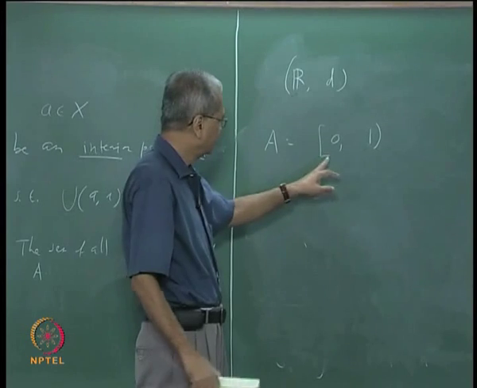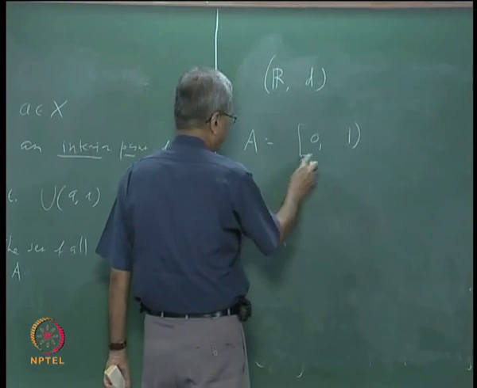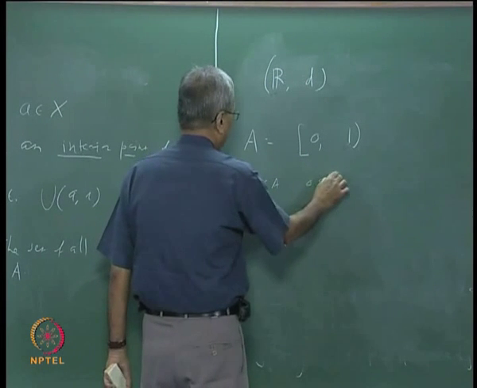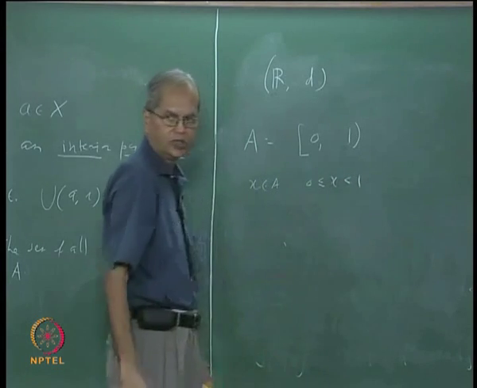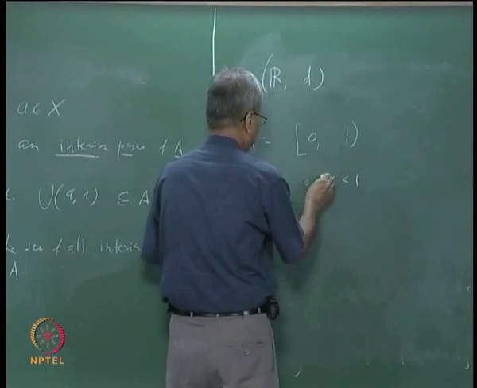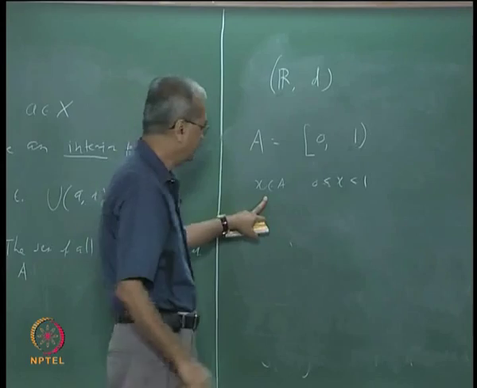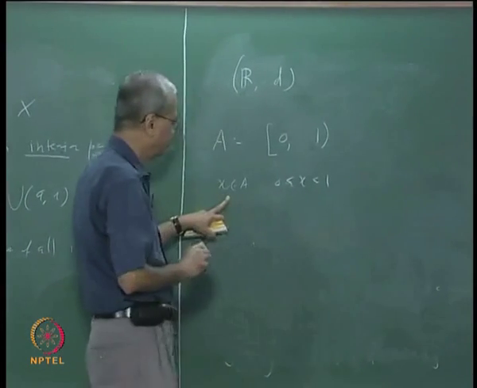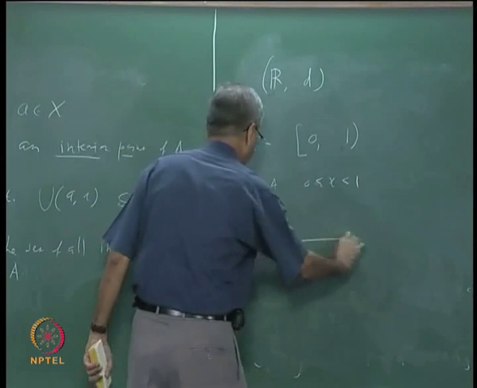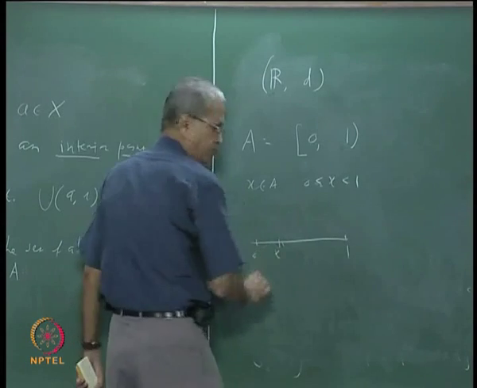So coming back to the points 0 to 1, suppose we take some point x belonging to A, then 0 less than or equal to x less than 1. Let us forget about 0 for the time being. Suppose I take 0 less than x less than 1, then can we say that every such point must be an interior point? And how does that follow?